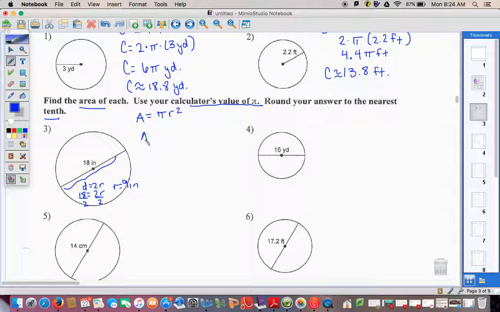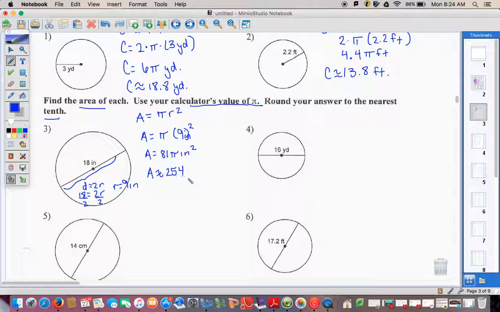So our area is equal to pi times 9 squared, and this is in inches. 9 squared is 81, so we have 81 pi inches squared. Now, if our answer was supposed to be the exact answer, that's where we would stop. But because we're told to use our calculator's value of pi, you need to use it. So the area is approximately